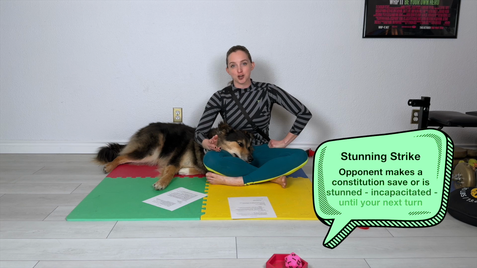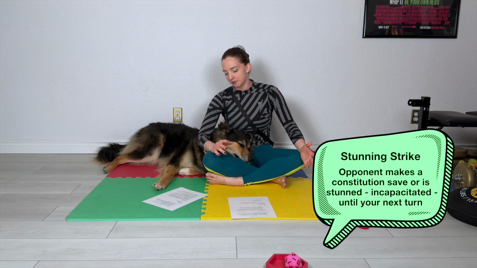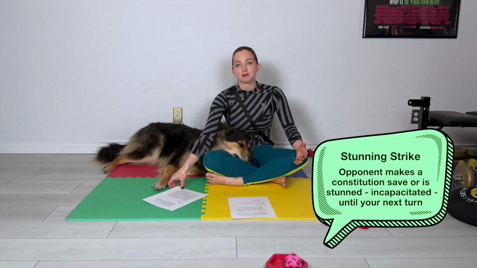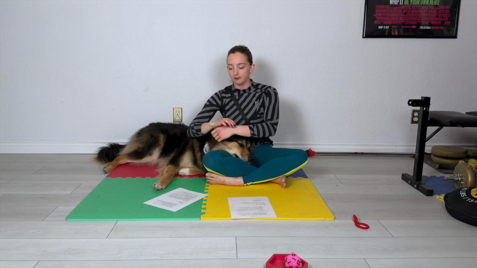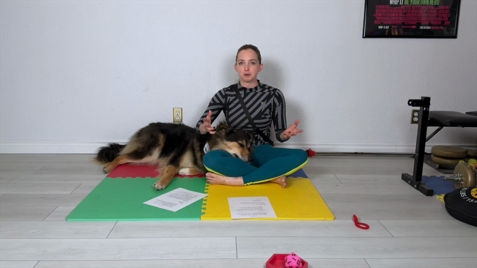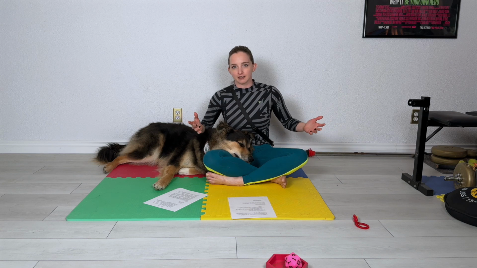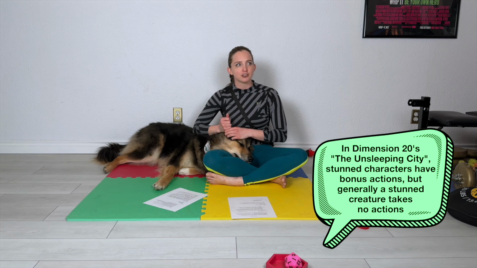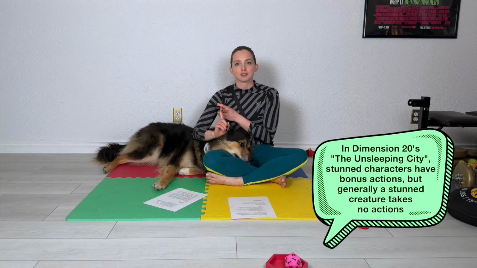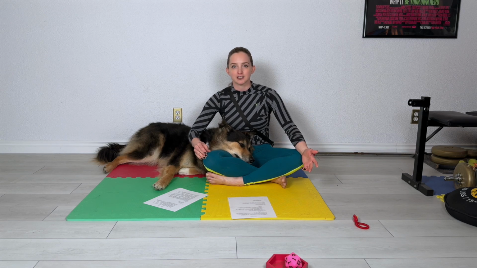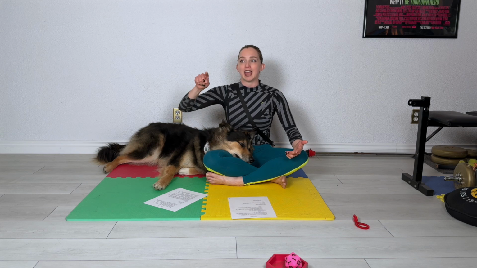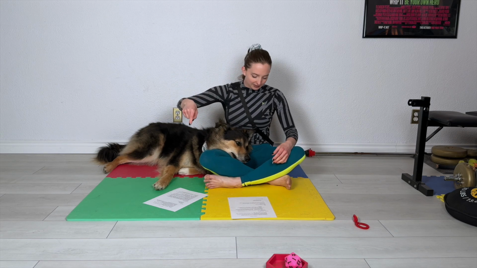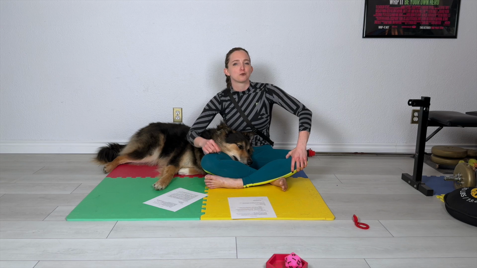And then Stunning Strike, which is a major monk ability, where if you hit someone and they make a constitution save, if they fail it, they're stunned, which basically means you can't do anything. You're just stuck. I think you have bonus actions, but you can't move and you can't take actions. So it can be very impactful if a monk stuns someone, because the person doesn't get to roll again to see if they get out of it until the end of the monk's next turn, and if it's a big bad guy, they have a tendency to try to restun them.